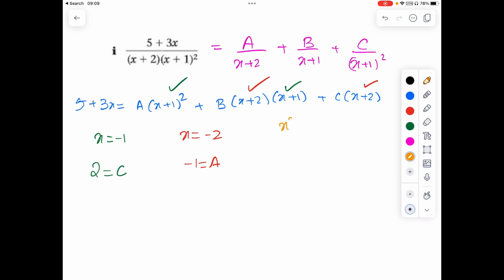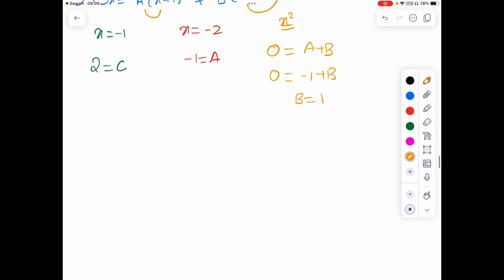Then I will be comparing the coefficients of x square, which was 0 over here, and a and b. A plus b is 0. A was negative 1 plus b. So b equals positive 1. So what will the integral be looking like? Minus 1 upon x plus 2 plus 1 upon x plus 1 plus 2 upon x plus 1 whole square